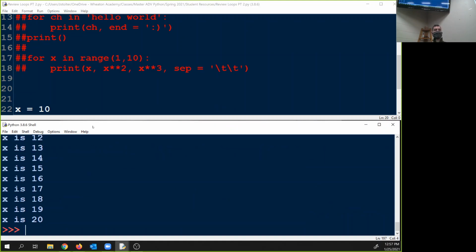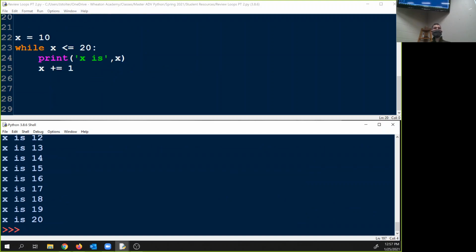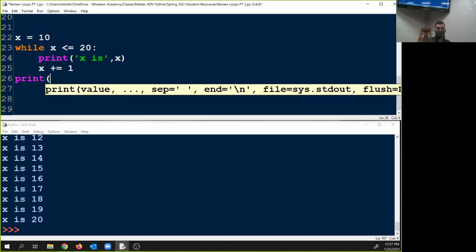So this is running as long as x is less than 20: print what x is and then add 1 to x. So we're going to get x is 10 to x is 20. Now, print x is now